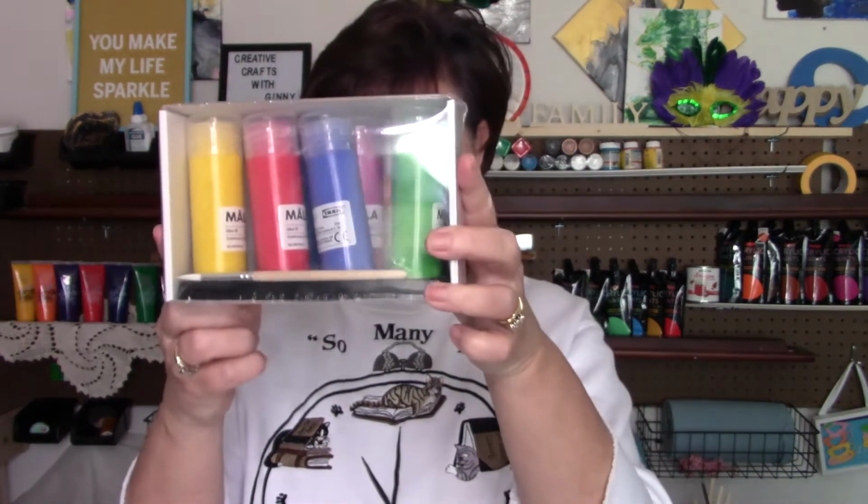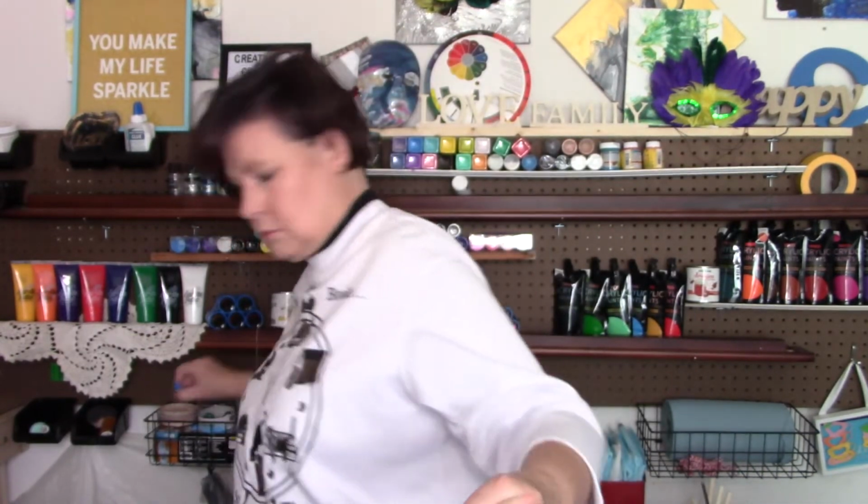So I thought I would do like a rainbow. There's a gray in here, but I don't see a white. And then I picked up these guys here. Oh, is that a white? There might be a white in here. Let me see if I can get in here. Because I have white mixed up. So I may use, because I was going to do some type of rainbow color. I thought it'd be cool with these guys here. They don't have a white, it looks like, in this section here. And they've got some